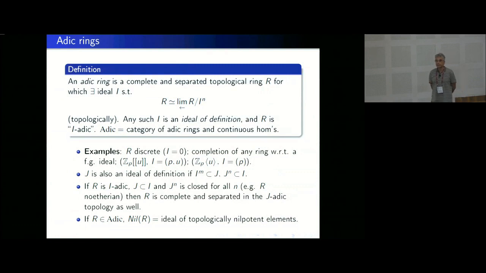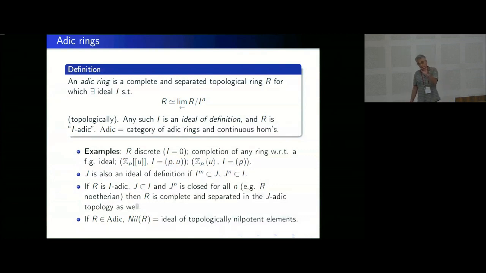And if R is adic, we will denote by nil R the ideal of topologically nilpotent elements. So why do we give it a special name? Because these are the elements that we would like to substitute in power series, hoping that they will give us a meaningful quantity, and they will, exactly because the ring is separated and complete. So power series converge when you substitute a topologically nilpotent element. Topologically nilpotent simply means that powers of those elements go to 0.